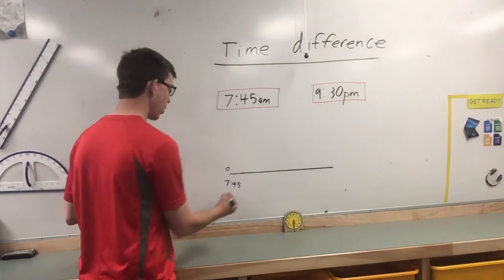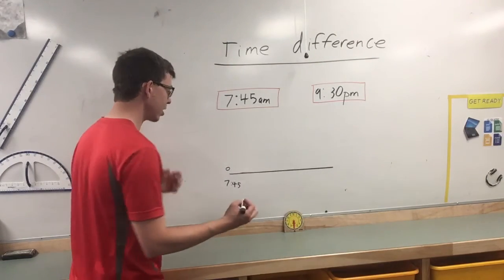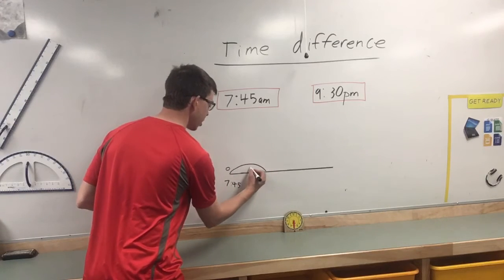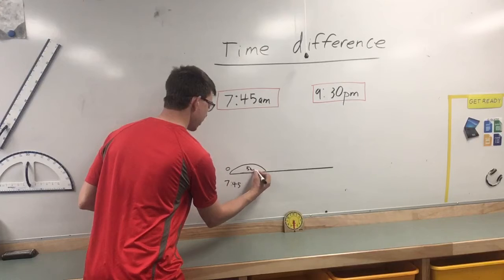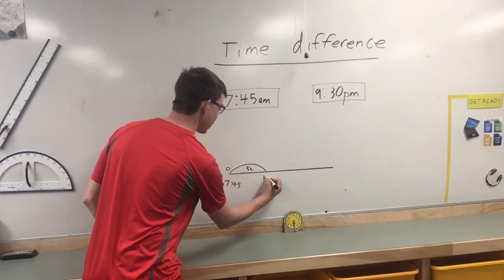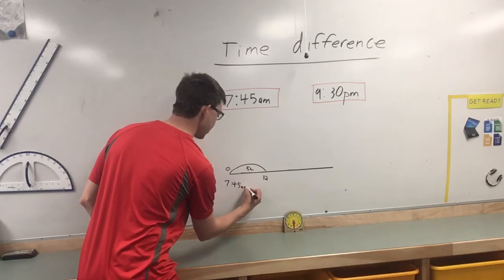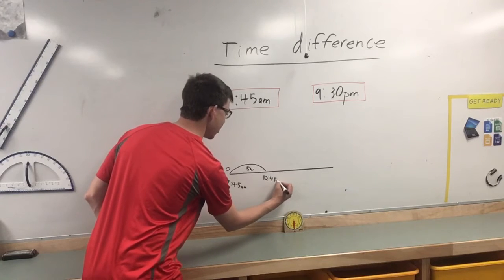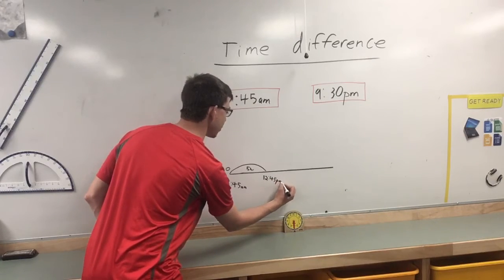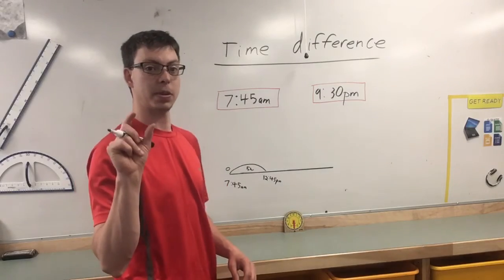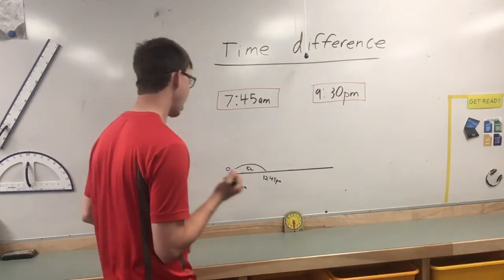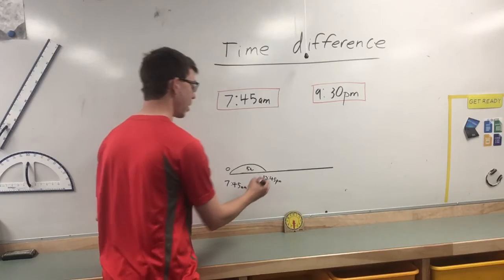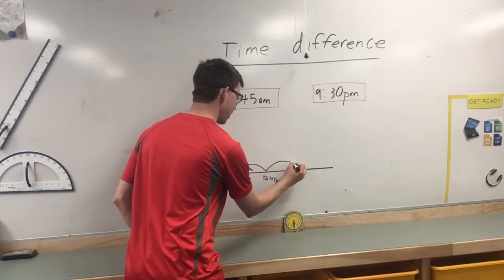Okay, so 7:45 a.m. I'm going to jump 5 because I know that's going to round up to 12. Okay, so I'm going to put 5 hours there. And then we're going to have 12. Actually, this is a.m. 12:45 is what we have now, and that's p.m. Remember, as soon as you hit the 12, it switches from a.m. to p.m. Okay, and now I'm going to jump probably 8, because then I'm not going to go over